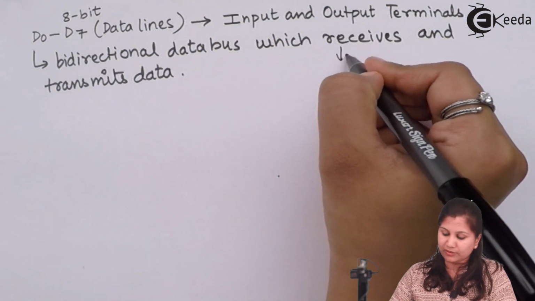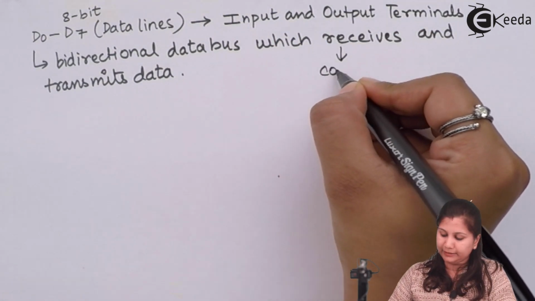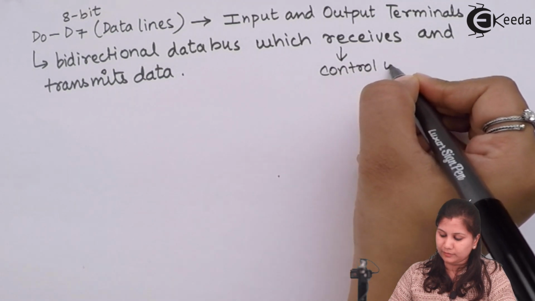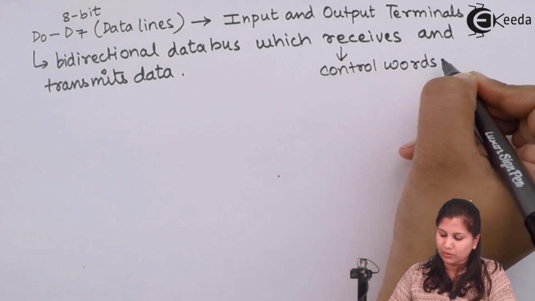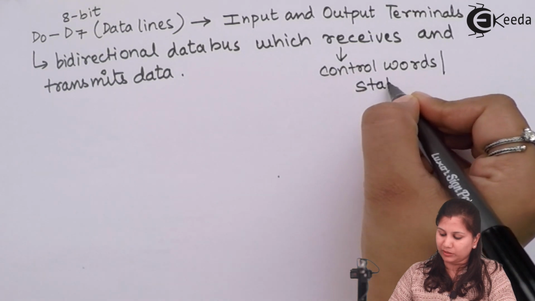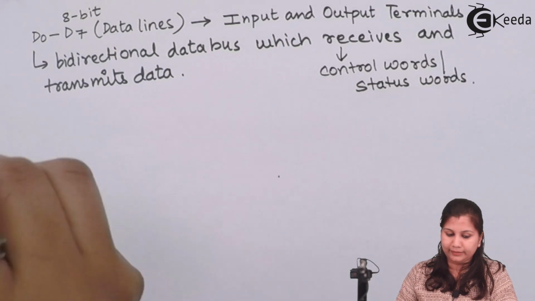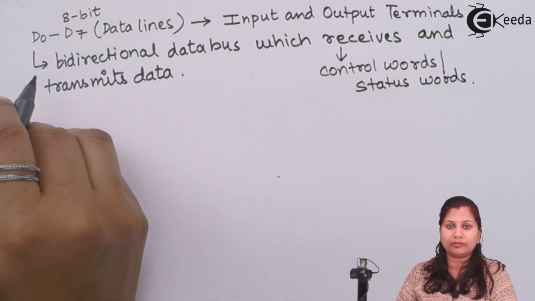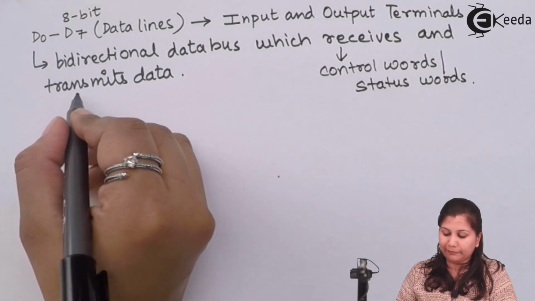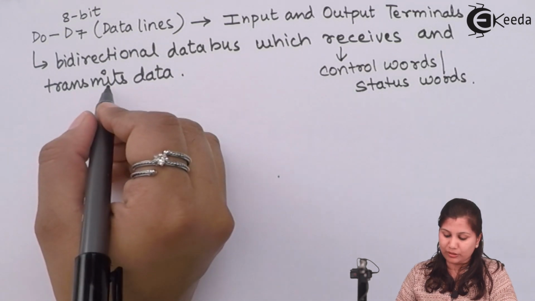Now the data which is received will be either the control words or it can be the status words. And the data which is transmitted can be any type of data that is transmitted from